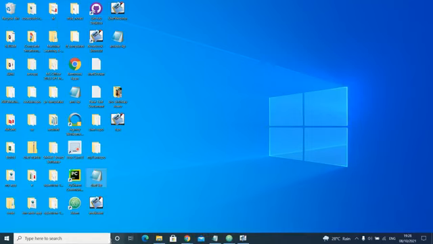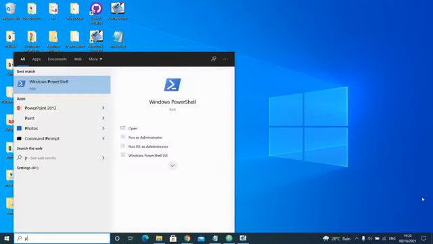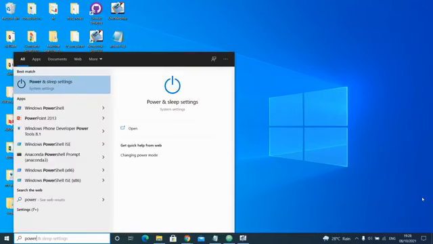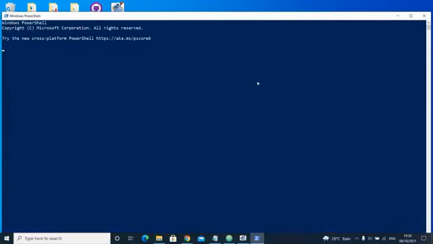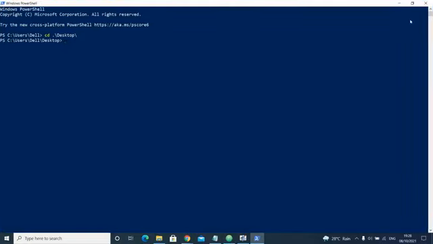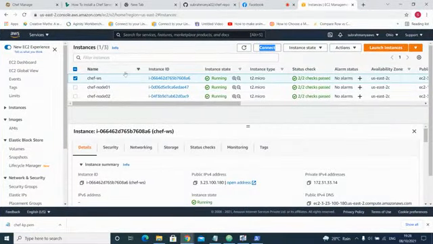I will use my PowerShell. Use Windows PowerShell. CD desktop. And I will connect to my workstation.